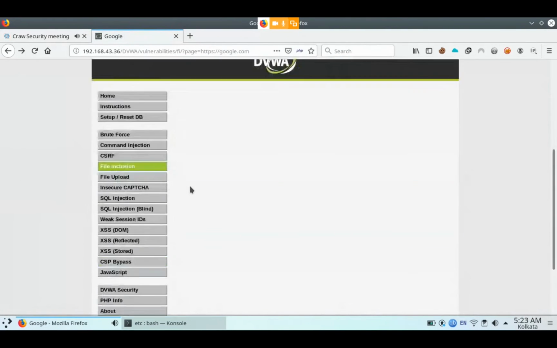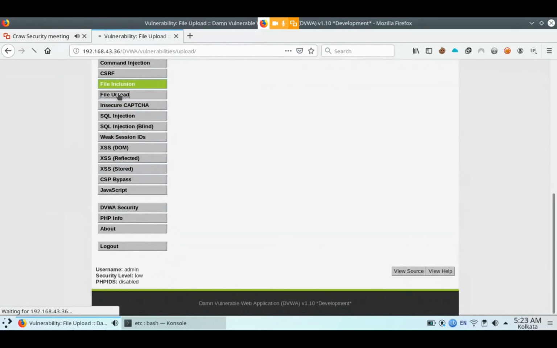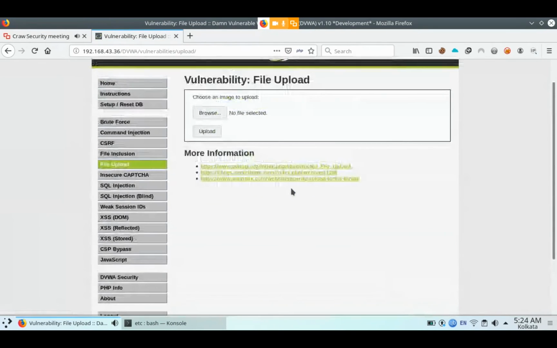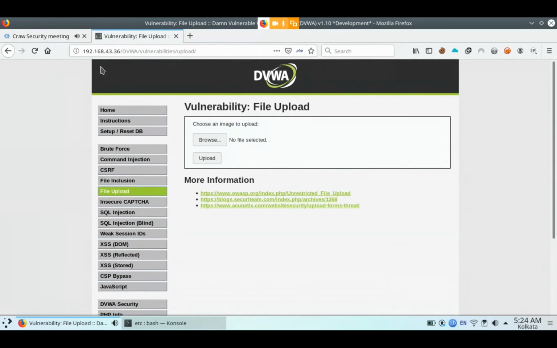All the PHP shells you can find here, and this type of attack is known as file upload. Is that clear now?